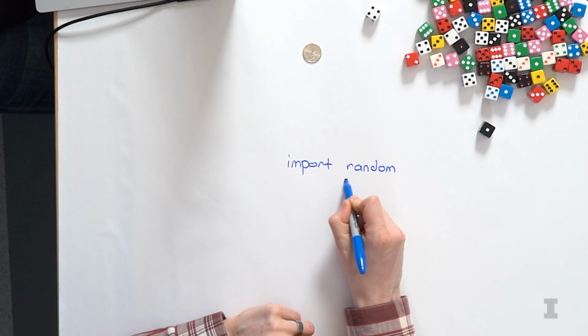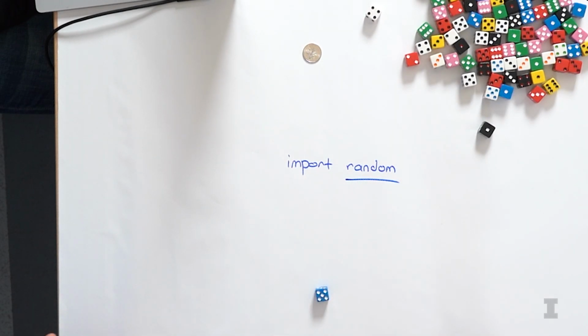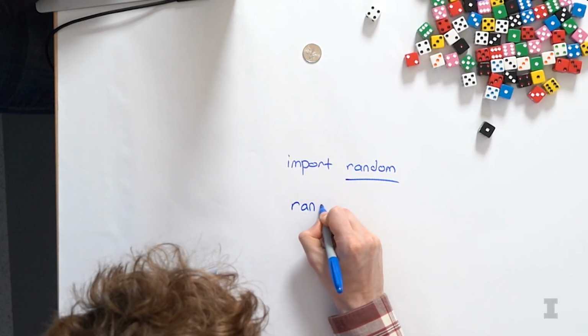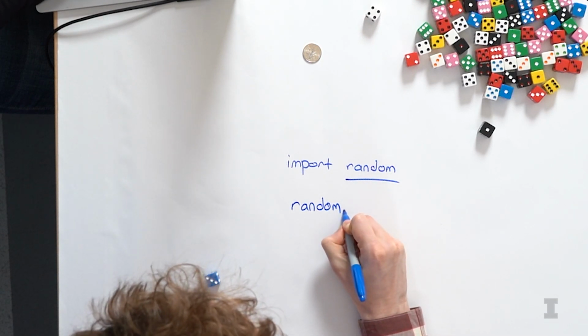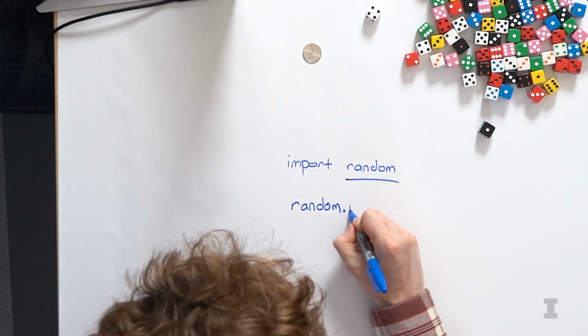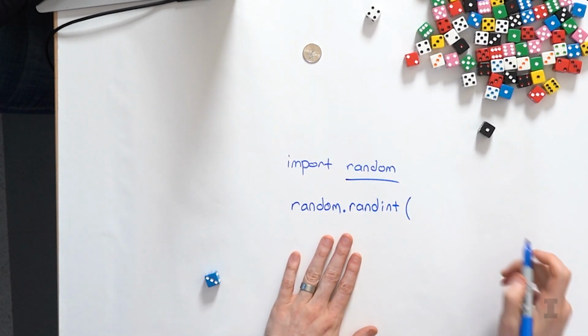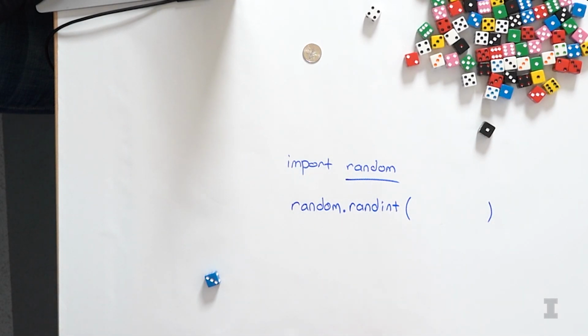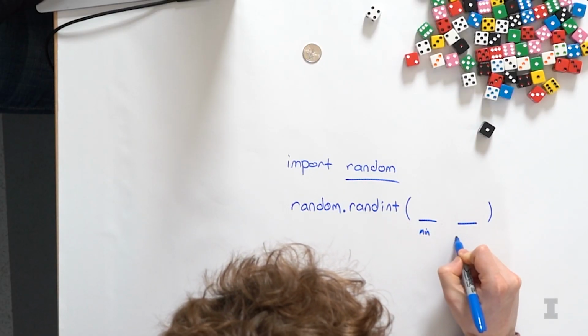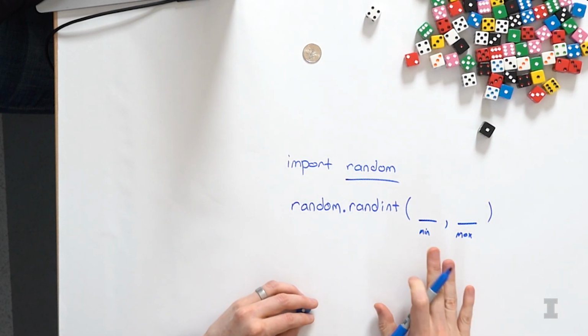So when we have the random library, now we can use all the functionality that comes with it. One piece of functionality is we can randomly ask the computer to give us an integer within a range. To do that, we type random, which uses the random library, and then random dot randint. Inside the parentheses after randint, we give it two parameters. The first parameter is the minimum value, and the second parameter is the maximum value. We separate them by a comma, and both of these are inclusive.